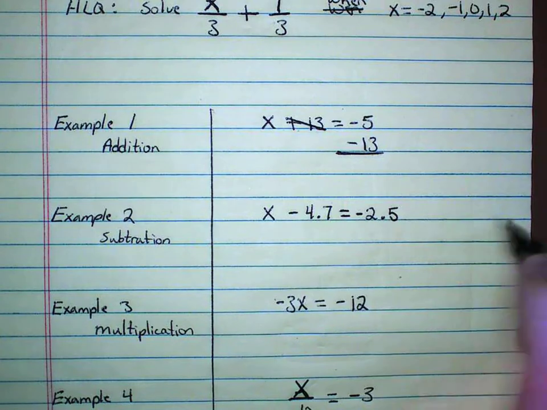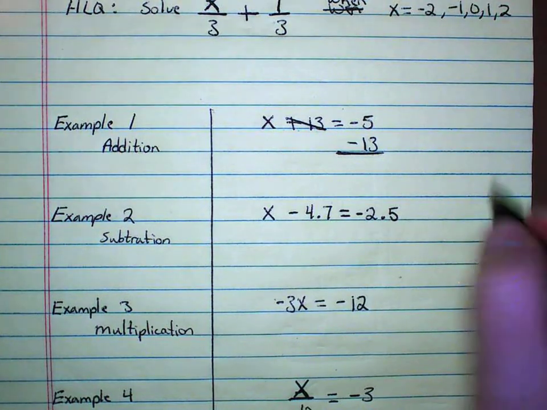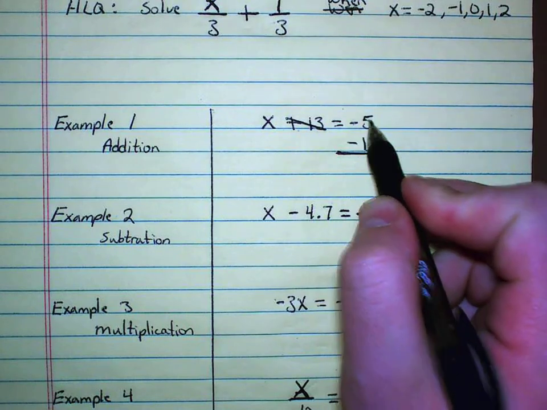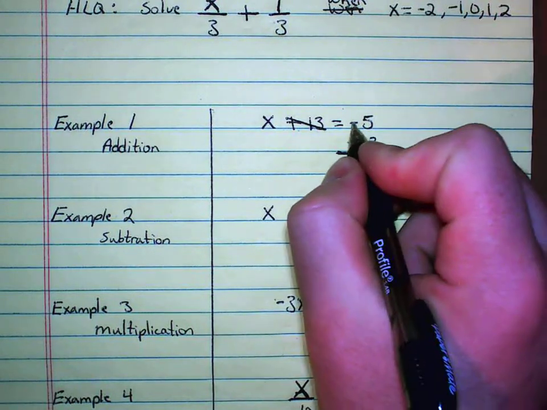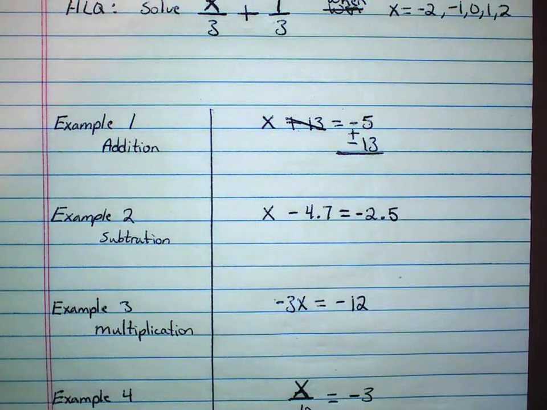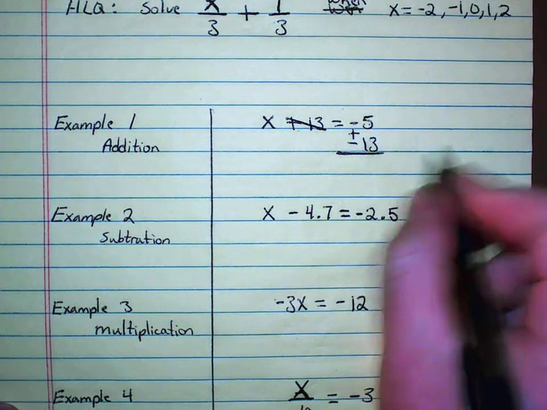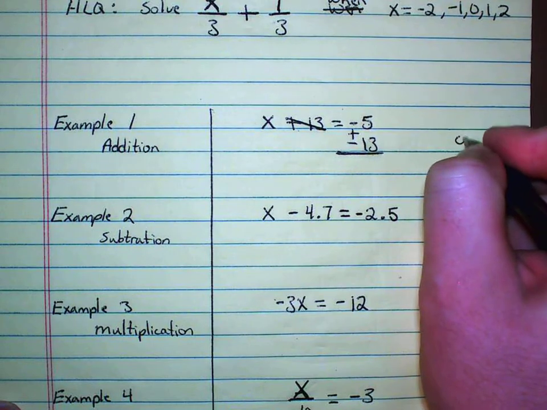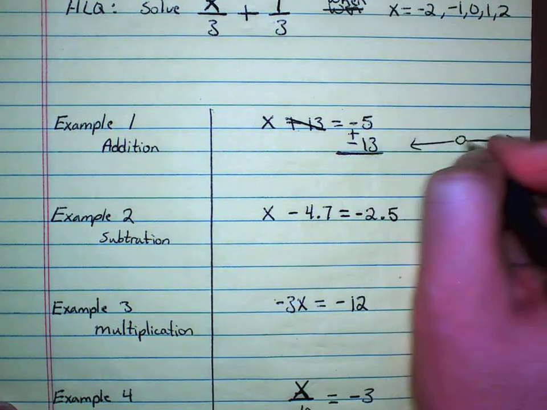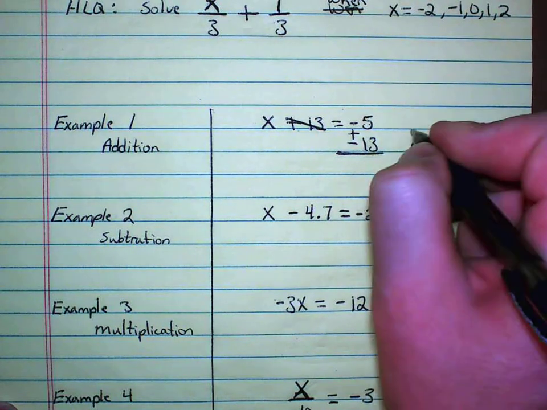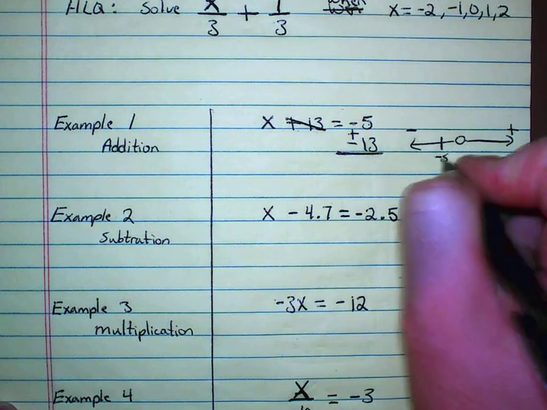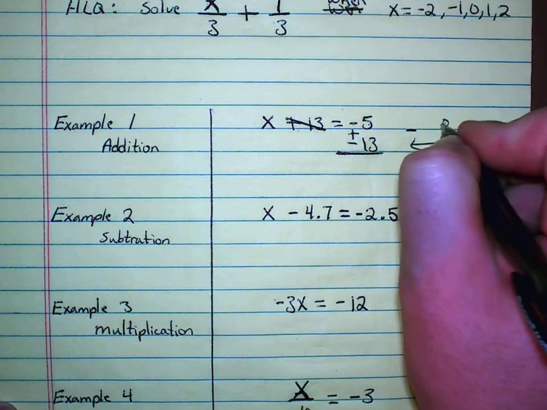Because what we're not understanding is that a negative 5 minus 13 is the same as saying a negative 5 plus a negative 13. Think about it like this. We have a number line, okay? On our number line, we have positive numbers going this way and we have negative numbers going this way. We're already at negative 5. We still have to subtract